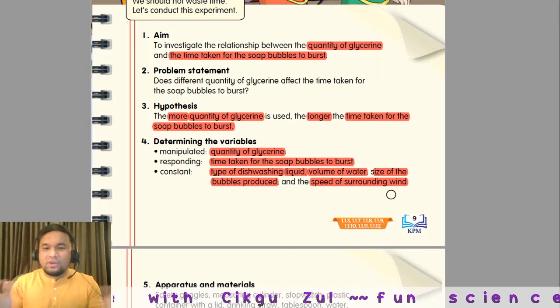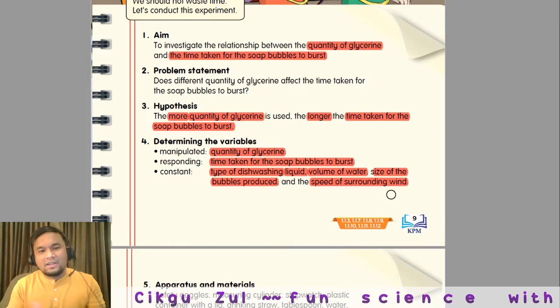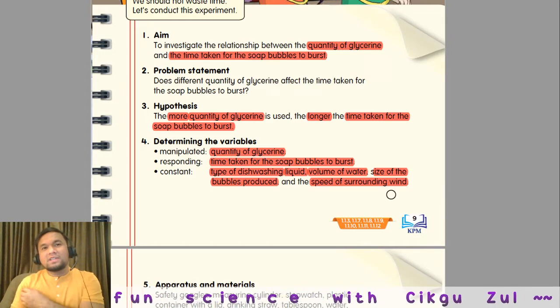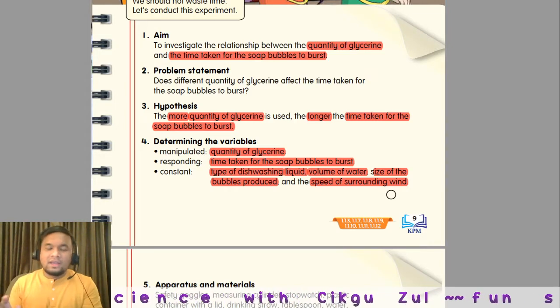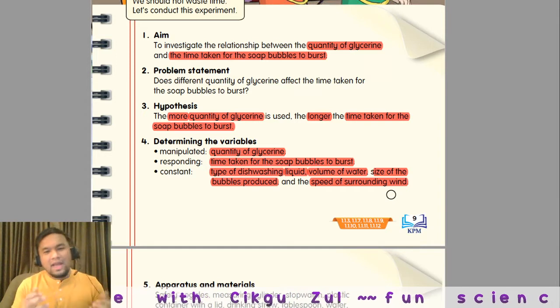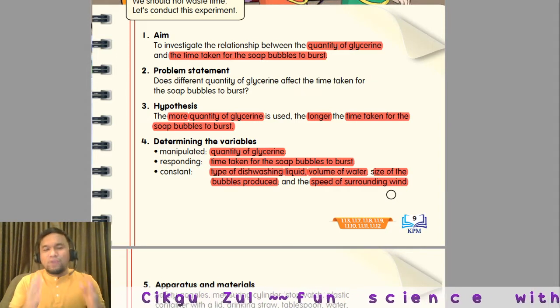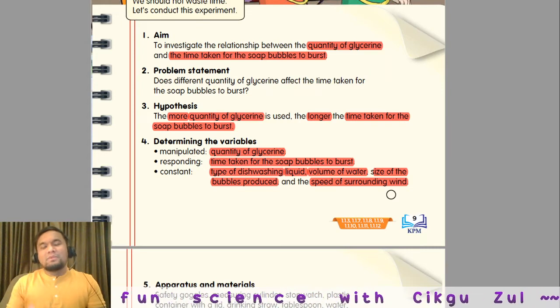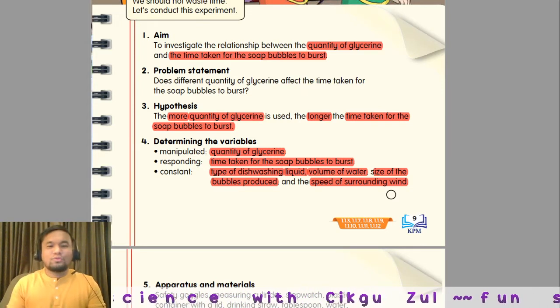So that the surrounding wind does not affect the experiment. Kita tak mau dia mengganggu eksperimen. Kalau misalnya nanti buat di luar, angin kuat. Kalau buat di dalam rumah, angin perlahan. Faham tak? So, mesti buat di tempat yang sama supaya angin tu tidak memberi kesan atau mengganggu the result of